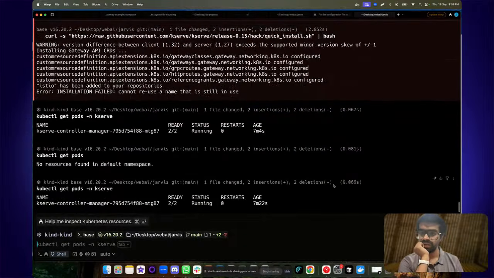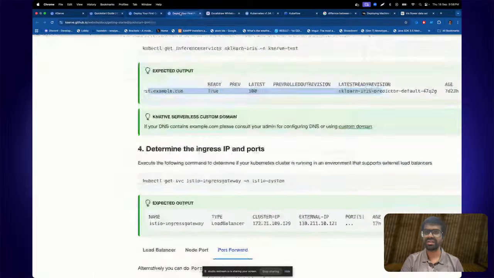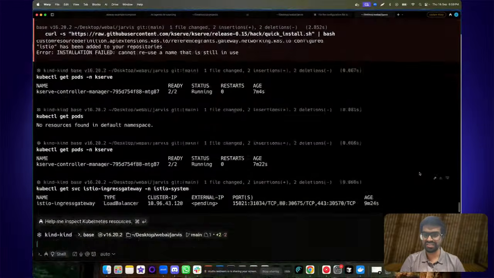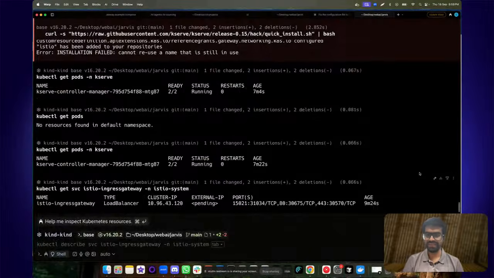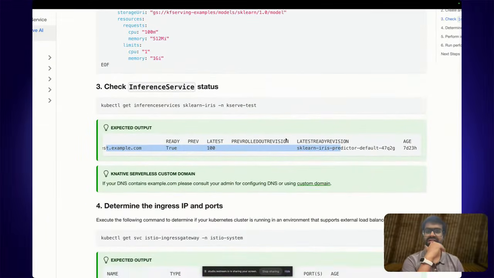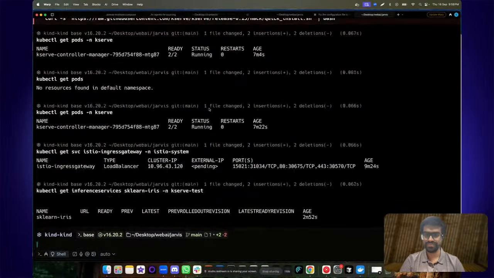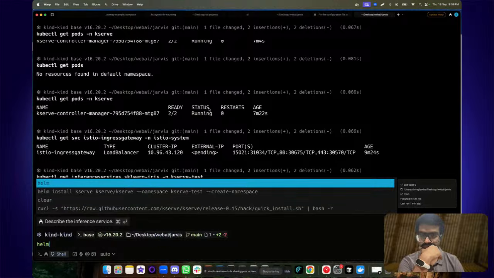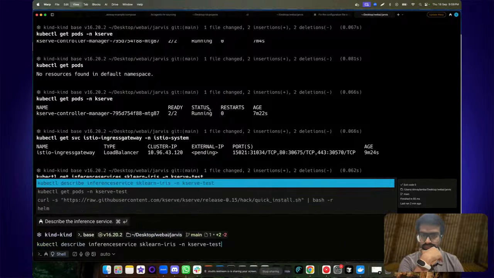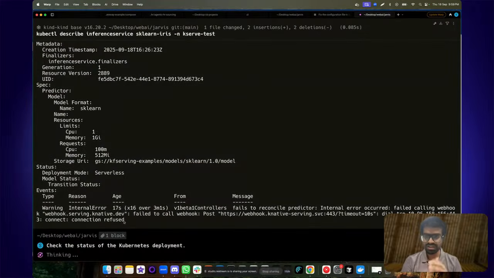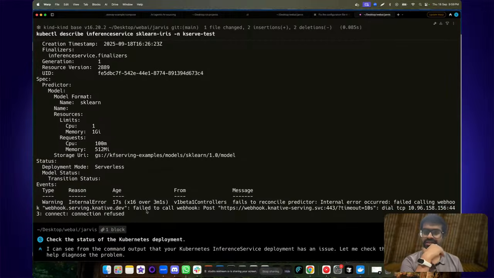Right. And if I just try to run that command again, we can double check here. Yeah, so it's still pending. That's the current status. If I run the inference status again, yeah.